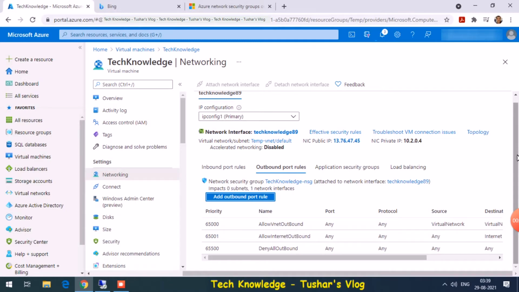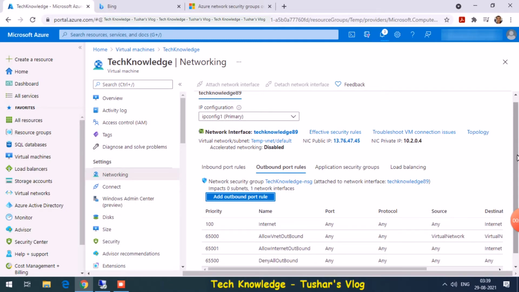Okay, now one thing to remember, when you are disabling internet, what about the traffic to your Azure resources? Your VM will be communicating with the disk, with the storage container, with the log analytics, with the VM extension, with the virtual network, with the load balancer. What about that? So we are going to cover that in a short while.